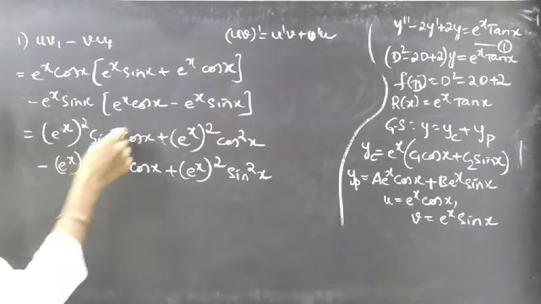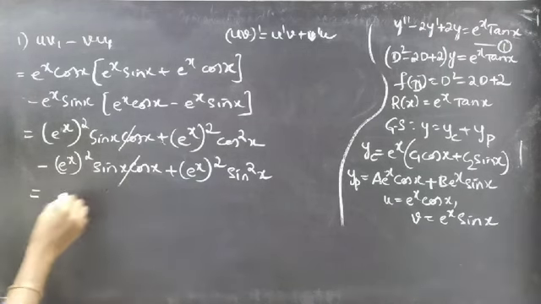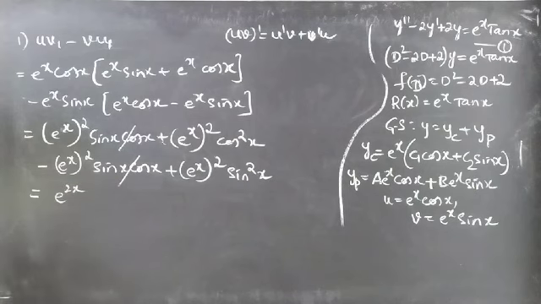Here e power x whole square sin x cos x minus e power x whole square sin x cos x gets cancelled. This equals e power x whole square, which is e power 2x,